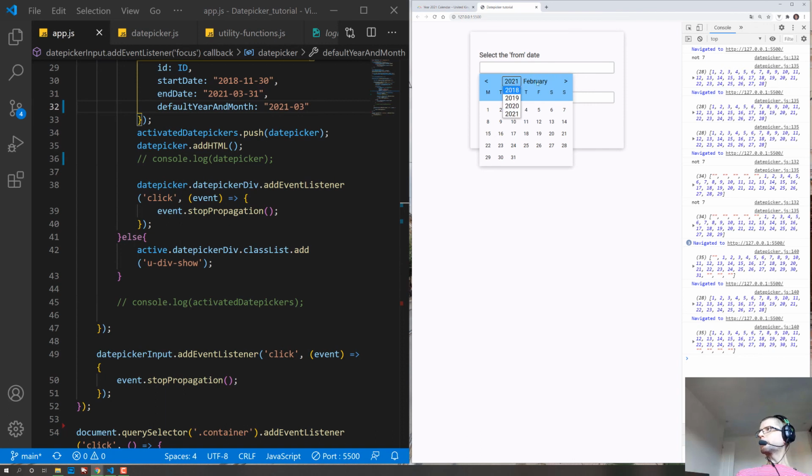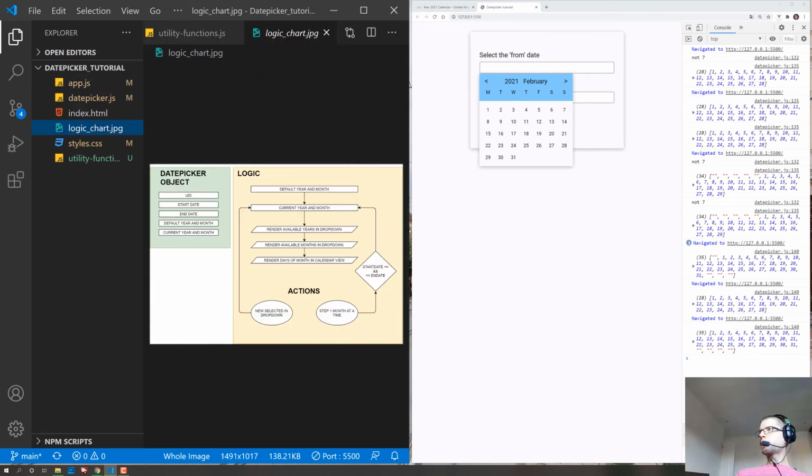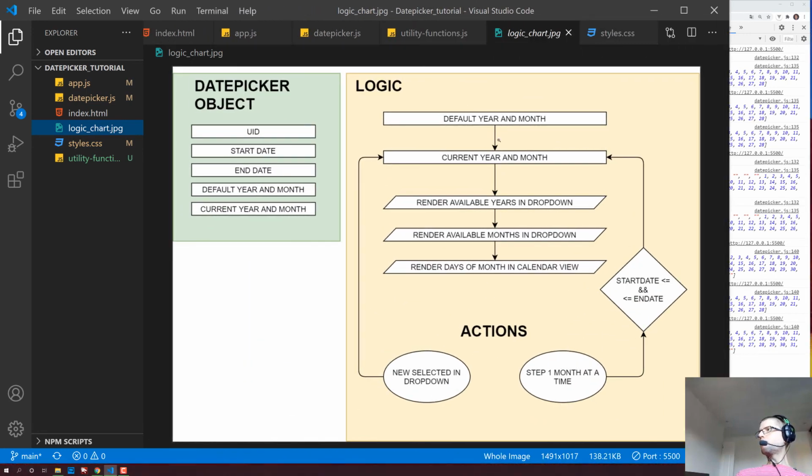So we are able to render now the days for the given month, but obviously the whole calendar is still lacking the interactivity. Let's just recall where we are now on this logic chart. If we statically pass in a default year and month, we get the correct years, months, and the days, and now we just need to take care of the actions, and this will be in the second part